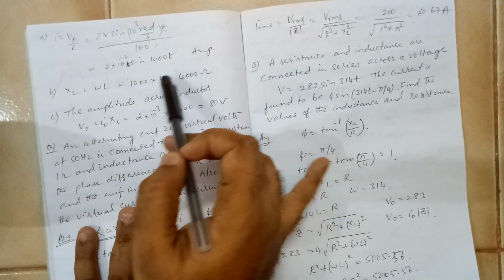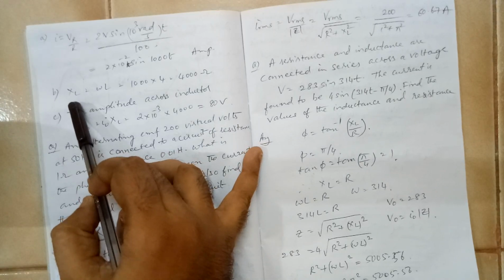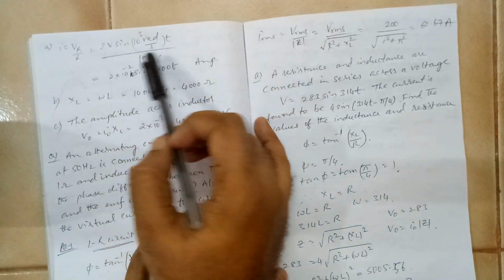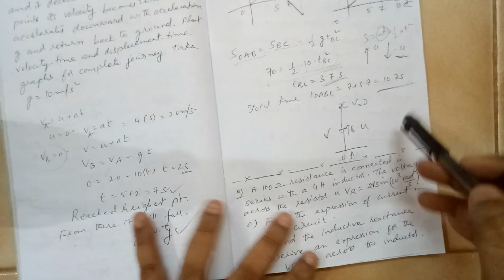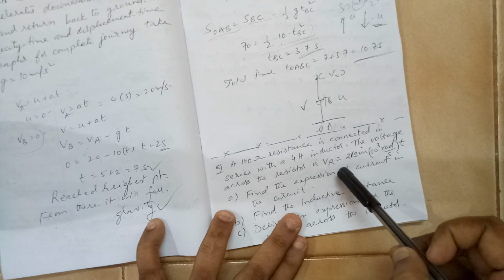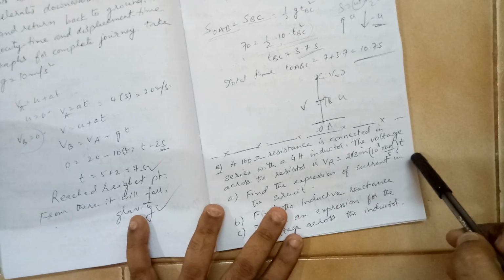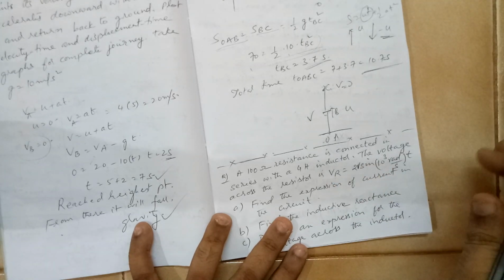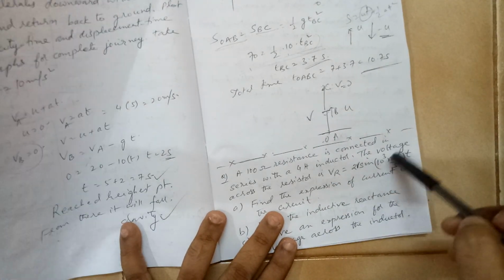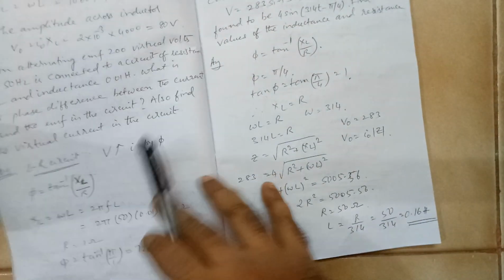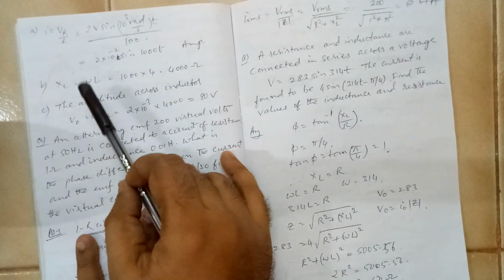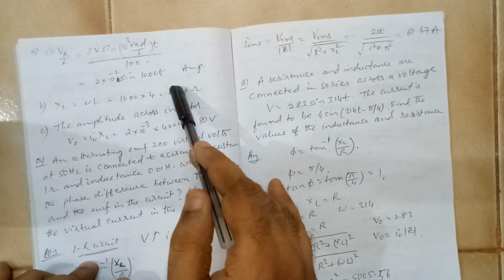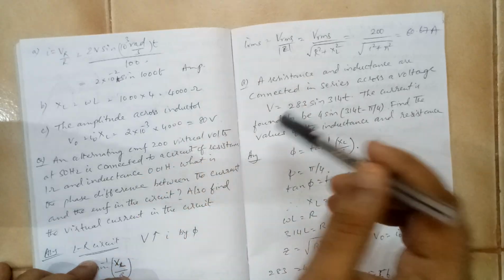Now the second question is asking you to find the value of XL. So XL is equal to omega L. So how do you get omega? In this equation, we know that V is equal to V0 into sine omega t, right? So you need to compare that. Whenever you see this format, you have to compare. So omega value is how much here? 1000 radians per second. So omega is 1000 and L value is given as 4 Henry. So it is 4000 ohms. Okay, it is 4000 ohms.